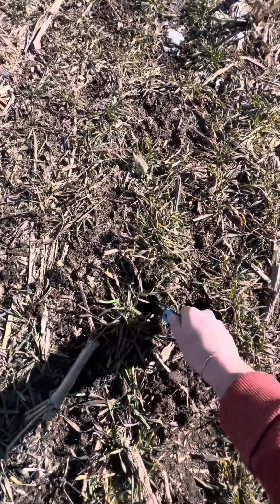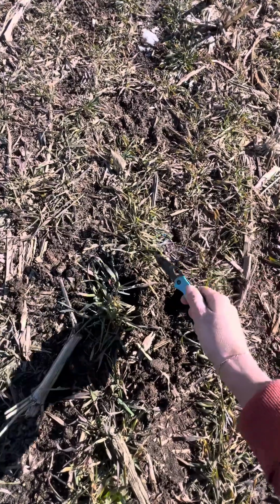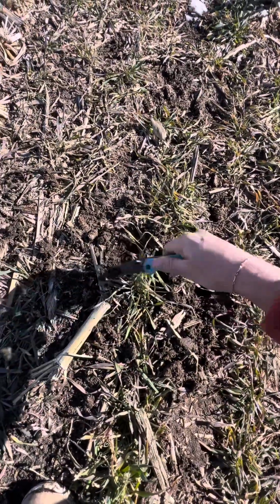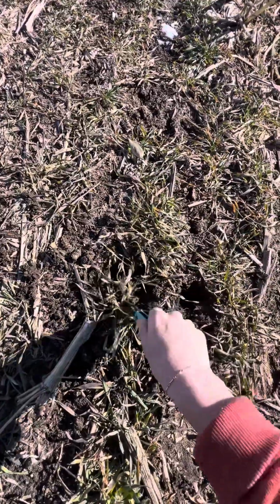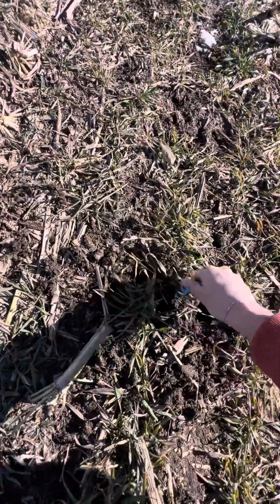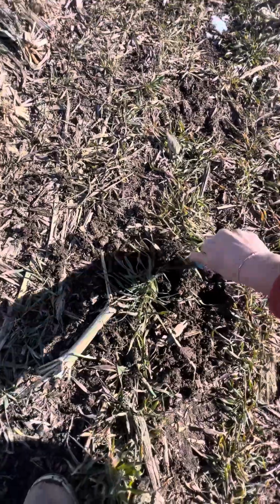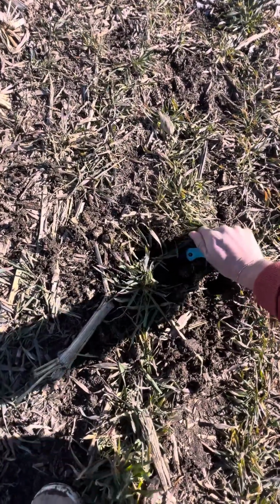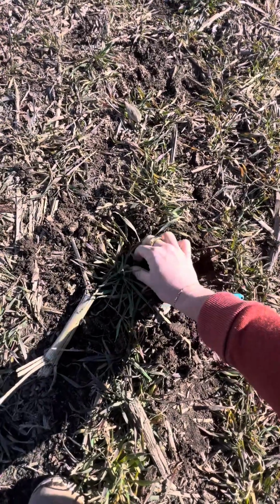But I wanted to dig up, as you know, if we've got green leaf tissue, we have photosynthesis happening. And I just really wanted to see if we had any root exudates happening. And I don't know if I'm going to get that up without... Darn, I forgot to bring a shovel. Didn't 100% plan on coming this direction. But, oh yeah,